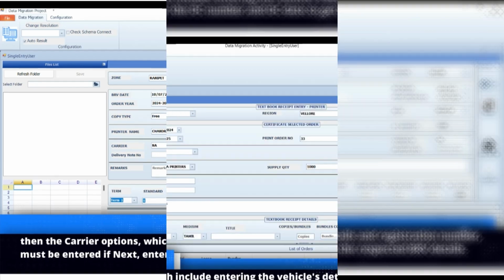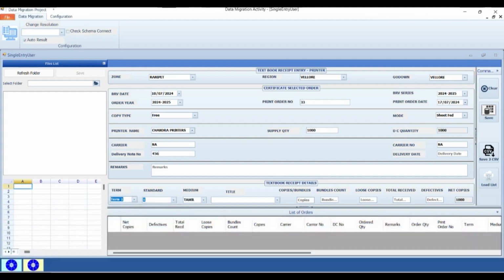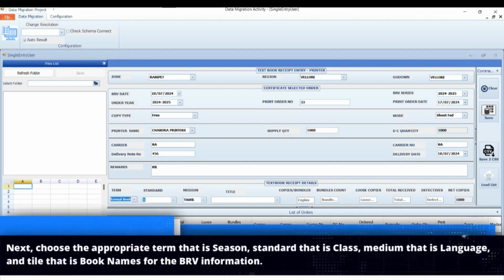Then the user's remarks field selection. Next, choose the appropriate term, that is season, standard, that is class, medium, that is language, and title, that is book names for the BRV information.